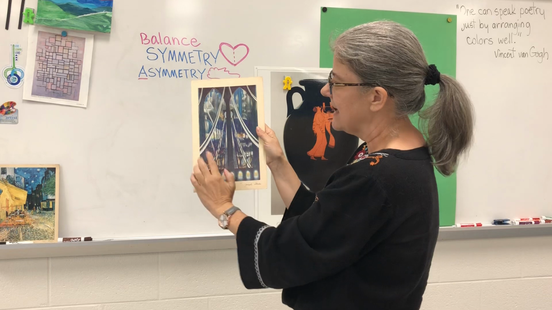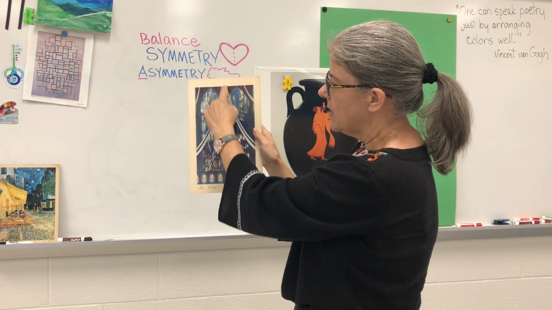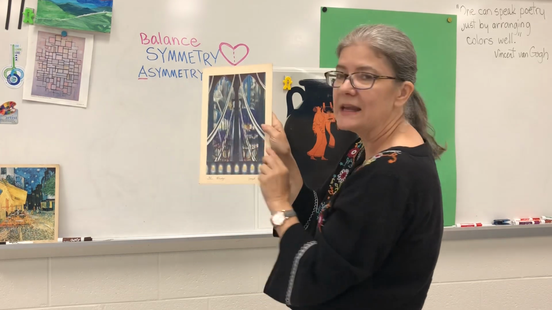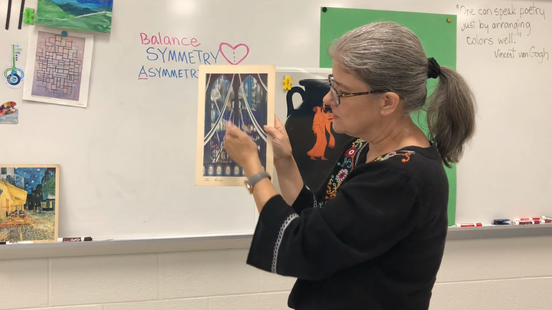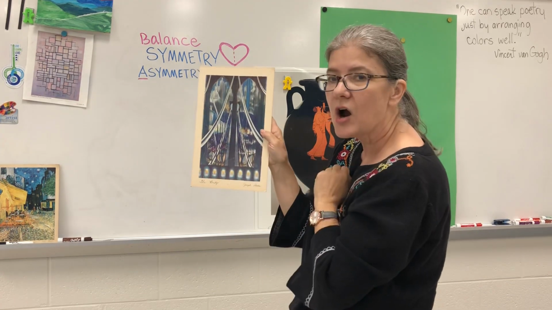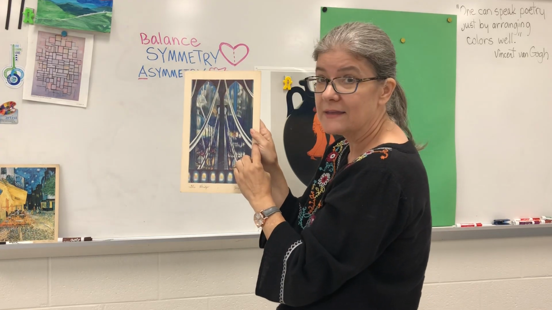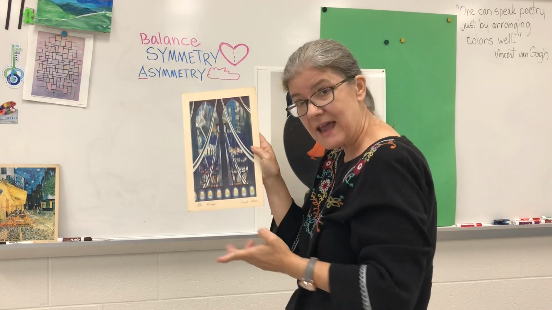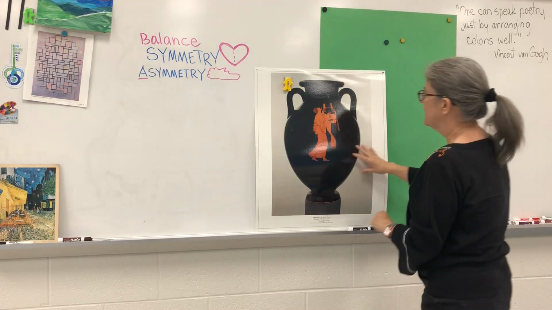The colors are slightly different in a couple different places, but mostly this painting has symmetry. Again, the line of symmetry is right down here, and most of the parts of this are balanced. It forms a big triangle right there. We're going to look at one more thing that has symmetry. We're going to look at this vase